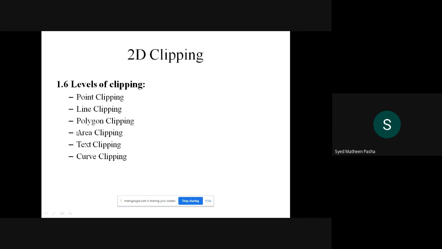So we'll see how point clipping, line clipping, polygon clipping, and so on work here. In this level, you have point clipping and line clipping. In line clipping, there is one important algorithm. There is no numerical included in that algorithm. You need to just study the algorithm, that is the Cohen-Sutherland line clipping algorithm. That is one of the most important questions from your module 3. So we'll be studying that in this class. First, we'll check out how point clipping works. Then we'll see how line clipping works. In line clipping, we'll see one algorithm, which is the Cohen-Sutherland line clipping algorithm.